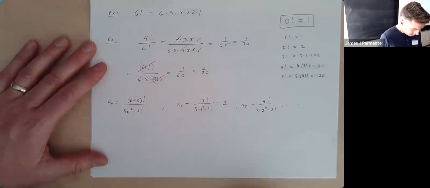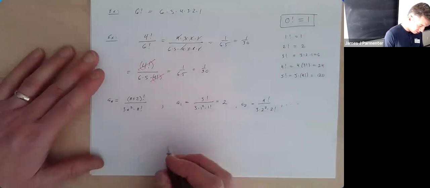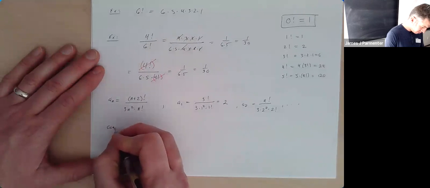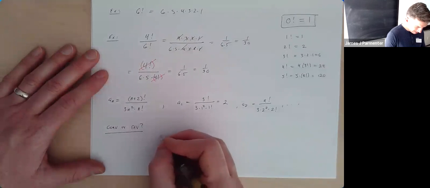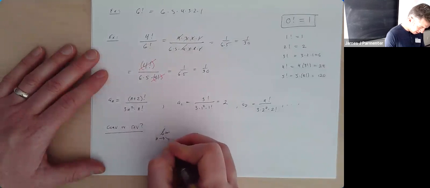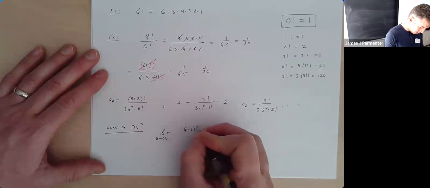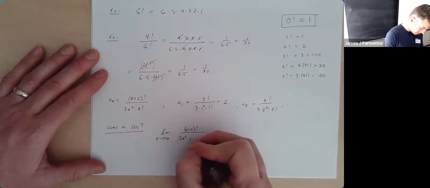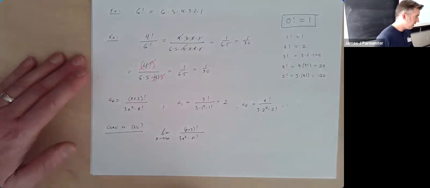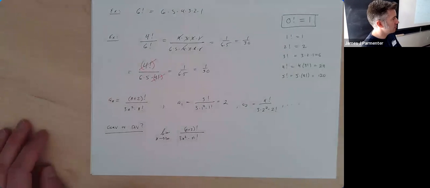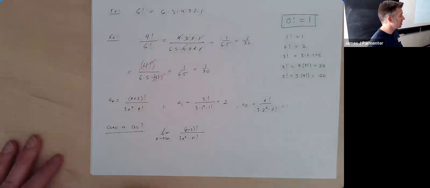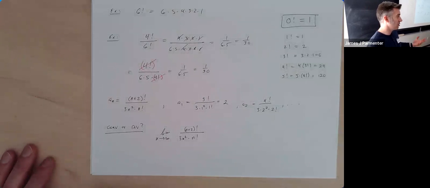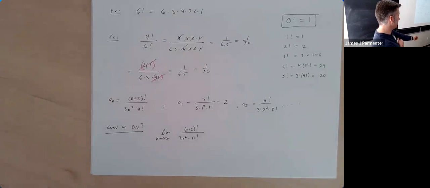And so on. Does this thing converge or diverge? Well, if we take the limit as n goes to infinity of (n plus 2) factorial over 3n squared times n factorial, we definitely have an infinity over infinity type, and we definitely can't use L'Hopital's rule because you can't take the derivative of something factorial. There's no good way of doing it. So typically what you have to do here is either logic it out or, first, better, try simplifying the